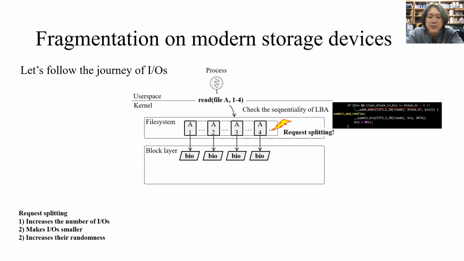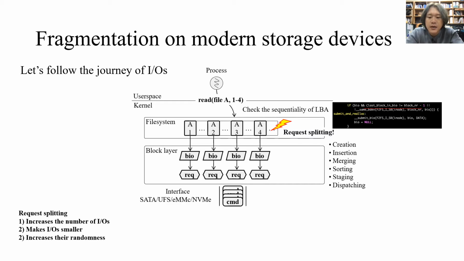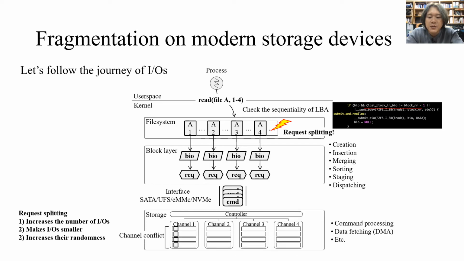The problem of request splitting is that it increases the number of I/Os, makes the I/Os smaller, and increases their randomness. This significantly affects I/O activities throughout the entire I/O stack. Afterwards, the I/Os experience the block layer, which performs request creation, queue insertion, and various other activities. And then, the I/Os are transferred to the storage through I/O interfaces, and finally, the corresponding data will be fetched